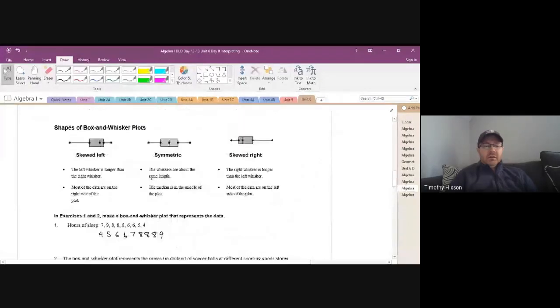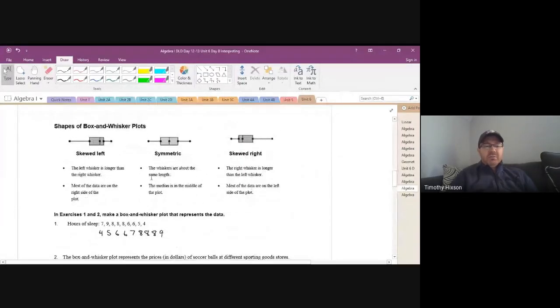So now in our second part of today's lesson, we're going to look at how data can be skewed and how we can interpret these box plots when there is skewed data. We're going to look at a few different things here. First of all, let's talk about the different shapes of box and whisker plots, and let's talk about what skewed means, okay? When we're talking about skew,